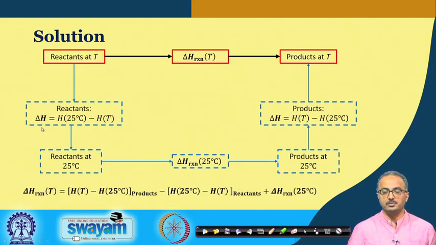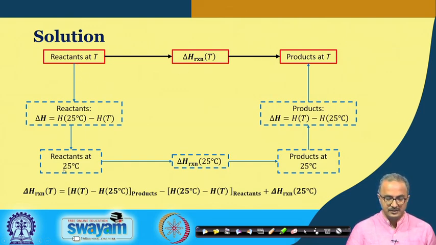Now, in this particular problem, we see that the temperatures are not the standard temperature. So, this particular line shows the actual case that we have the reactants at some temperature and the heat of reaction is generated at that temperature, so that we are getting the products at that particular temperature. However, we are given the values of these heat of reactions etc. at some standard value. So, let us see how to convert this standard value into the value of the heat of reaction at the given temperature. So, this is the way.